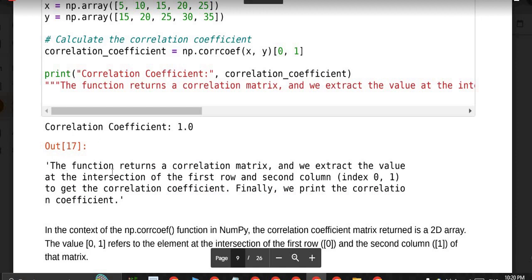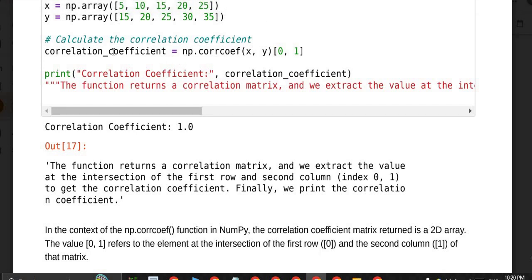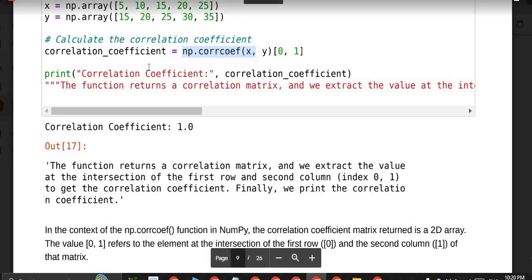Correlation coefficient: the function returns the correlation using np.corrcoef. This is the theory, a formula to find the correlation between two variables x and y, between 0 and 1.